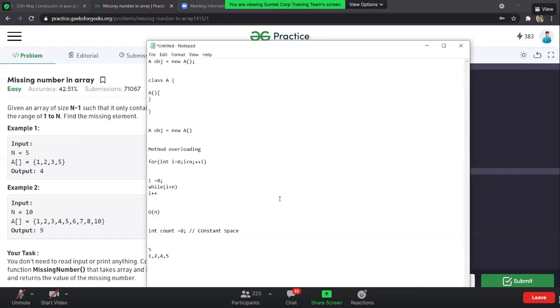So for the very first case, 1 plus 2 plus 3 plus 4 plus 5 gives 5 into 6 by 2, that is 5 into 3, which is 15. So 15 minus the sum of all these numbers, that is 5 plus 3, 8, 8 plus 2, 10, and 10 plus 1, 11, gives me 4.